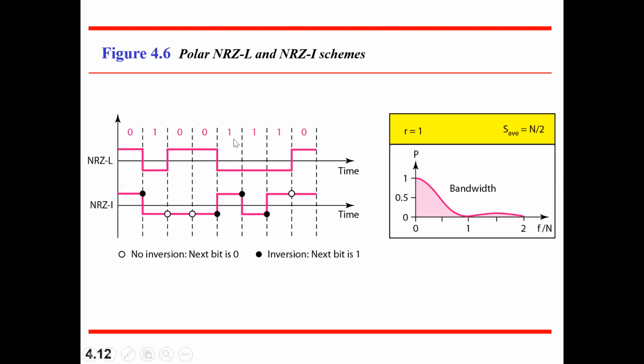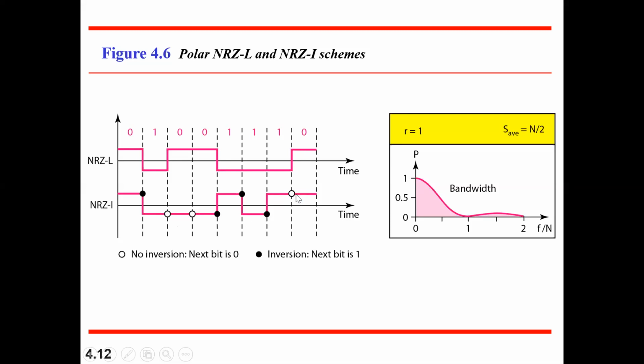Whereas the next bit is 1, which will change. So whenever 1 is there, it changes the signal level. Otherwise, it keeps the same direction. For 0, the change has happened from 1 to 0, but it still continues at the same level. The reason is that the earlier 0 you included was lying at the minus A amplitude level.